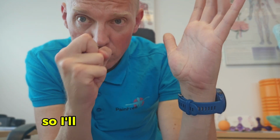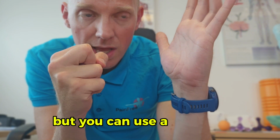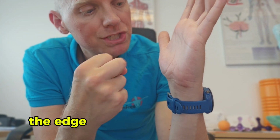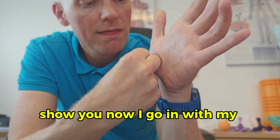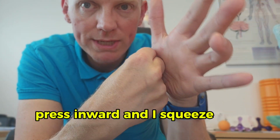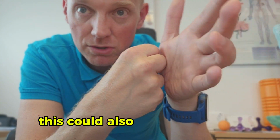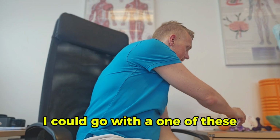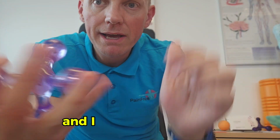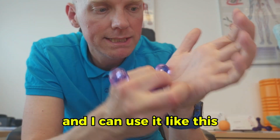So I'll use my knuckle like this, but you can use a tabletop edge, or so I can show you now. I go in with my knuckle like this, press inward, and I squeeze like this. This could also be quite painful. There we go. I could go with one of these, and I can use it like this,